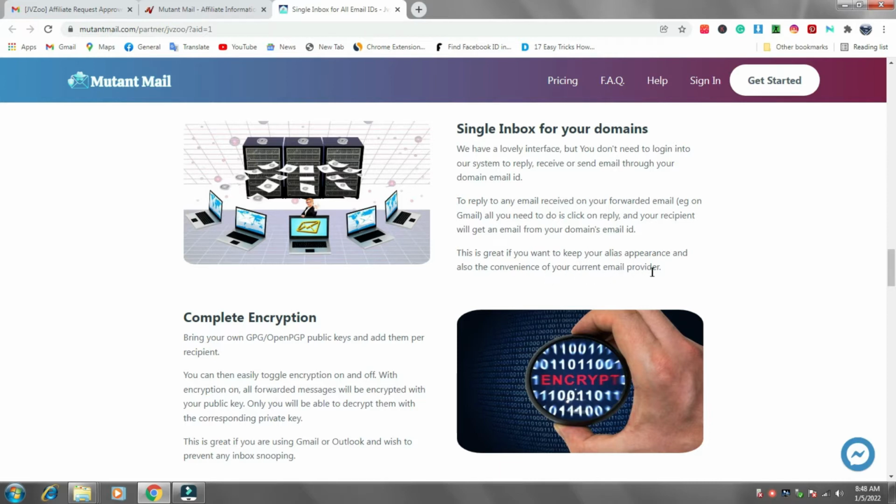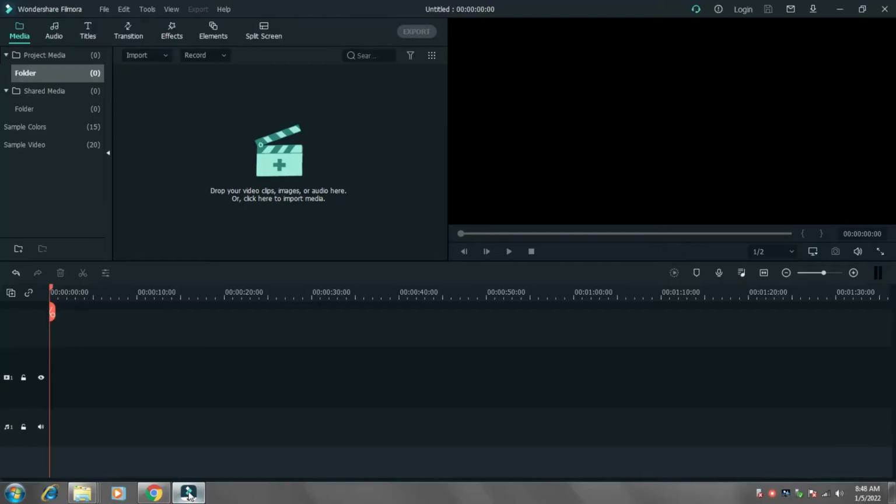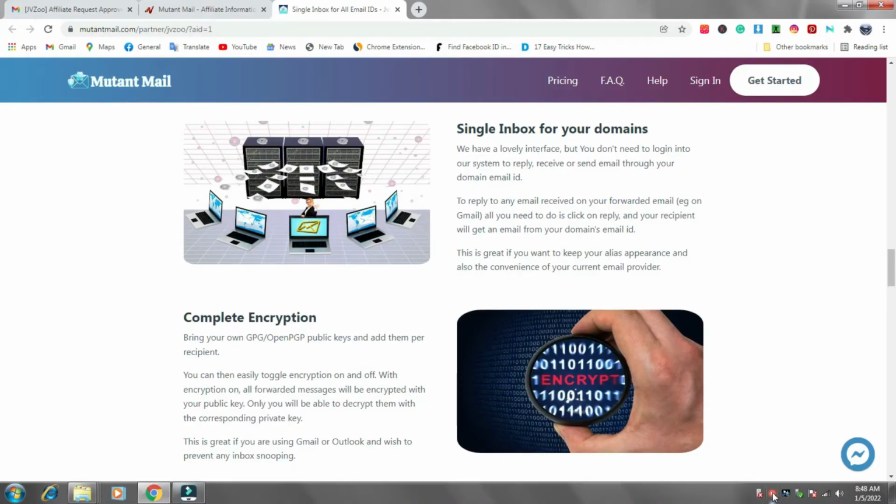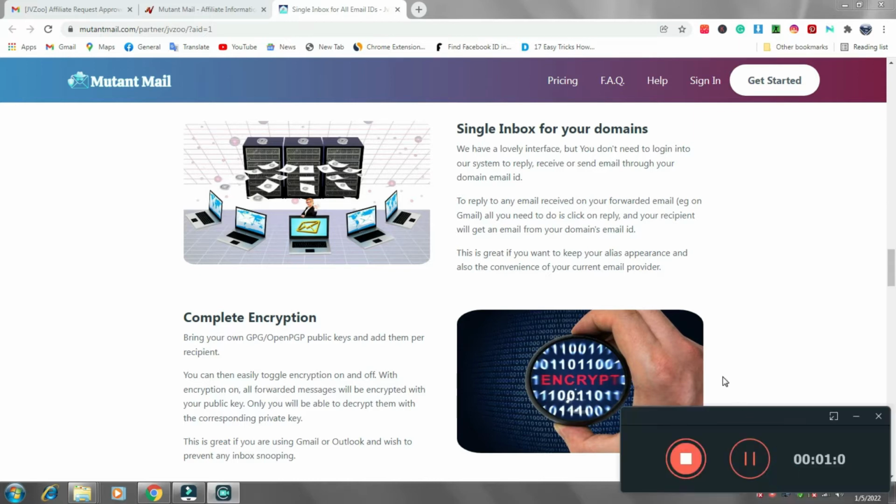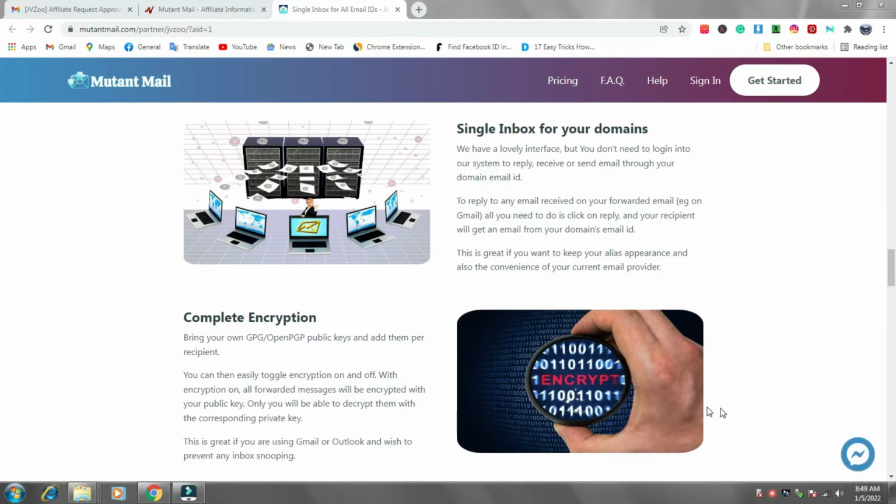Second, complete encryption. Bring your own GPG and OpenPGP public key and add them per recipient. You can then easily toggle encryption on and off. With encryption on, all the forwarded messages will be encrypted with your public key.